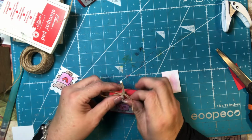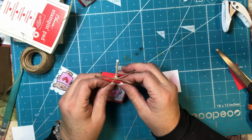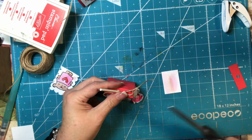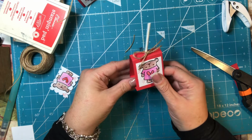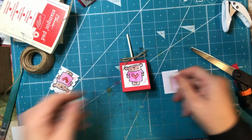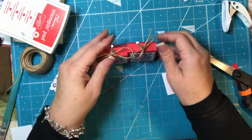I'm just tying the bow. This one's not very straight. So you know what I'm going to do? I'm just going to make it a smaller bow. So there we go. Play with that a little bit. Make sure he's straight in there. And there we go. There's another little guy. Aren't they cute? I think it's really fun and really easy, and it just kind of dresses up a really,